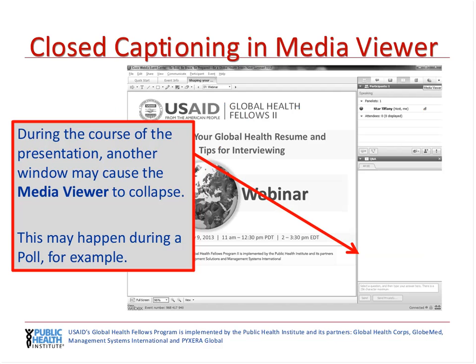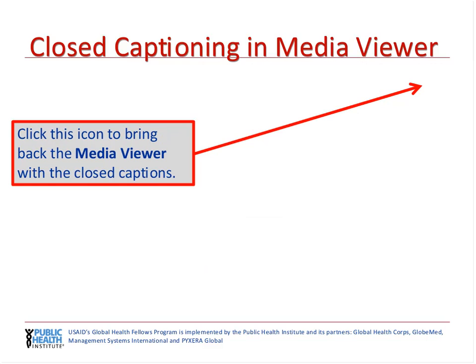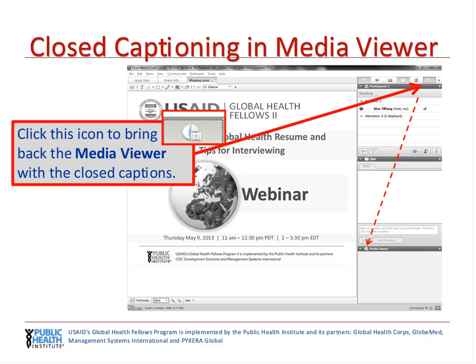During the course of the presentation, other windows panels may pop up, causing the Media Viewer to go away. Don't worry, though. You can always retrieve it by clicking the icon that looks like a small circle with a film strip running through it. This is what the icon looks like.